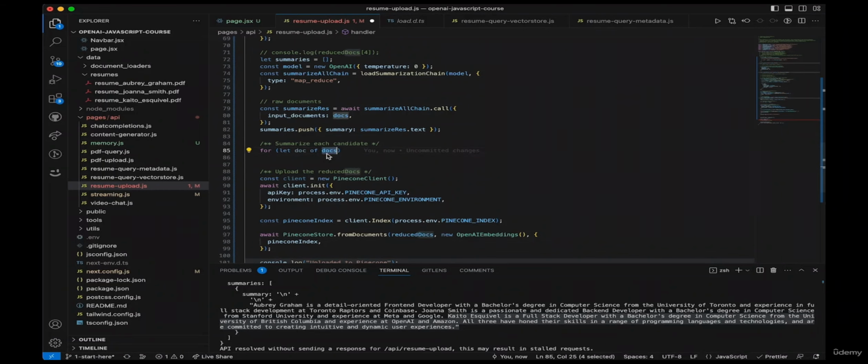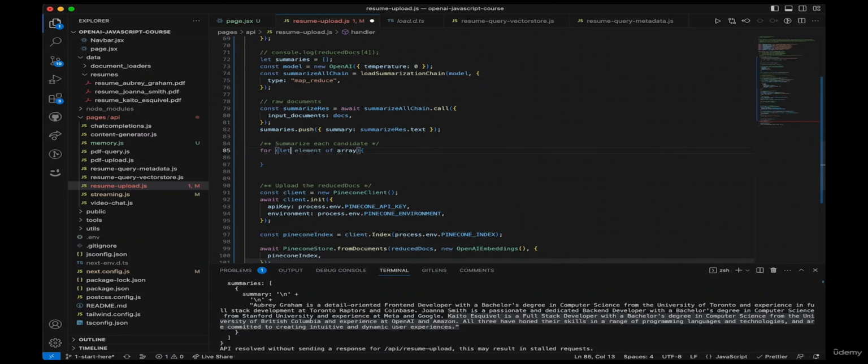Okay, so if you have an array, you can do something on every single element of that array. In this case, we have the docs array, and for every single doc in the docs array, we are going to create a mini